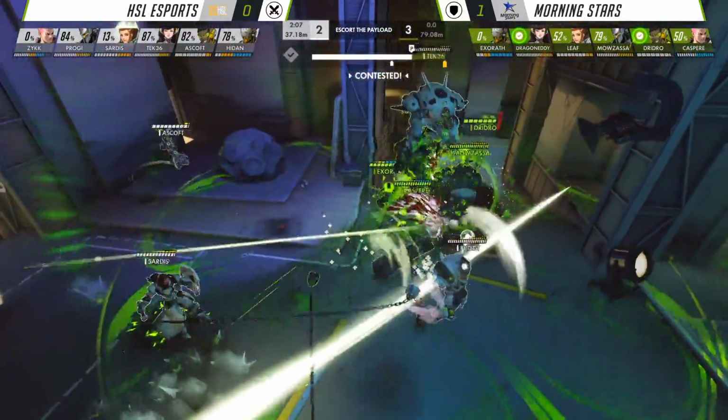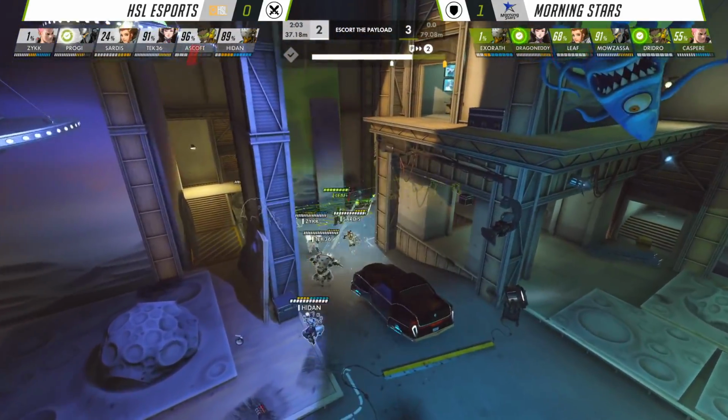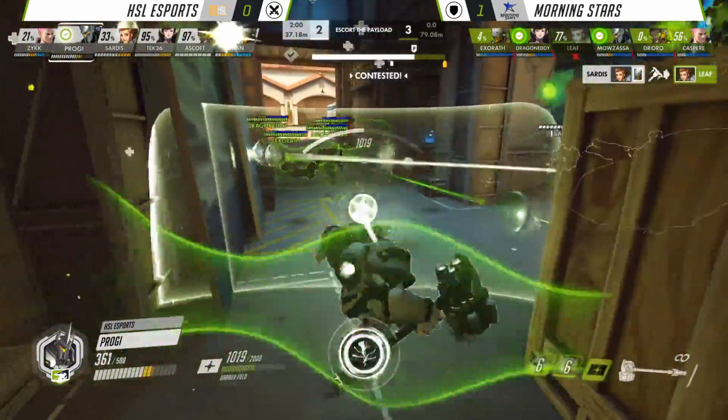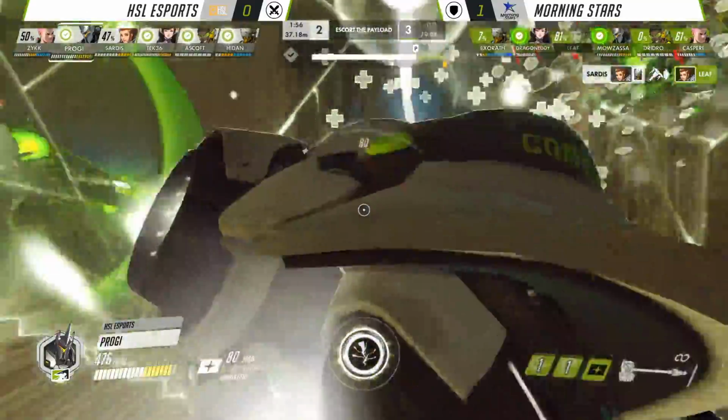Graviton Surge and Transcendence layered on top of each other. Protective barriers both being used on Morningstars there to negate any damage that comes out. They're going to retreat around the corner. A lot of aggressive moves made by HSL to take territory away from Morningstars as Sardis gets that kill onto